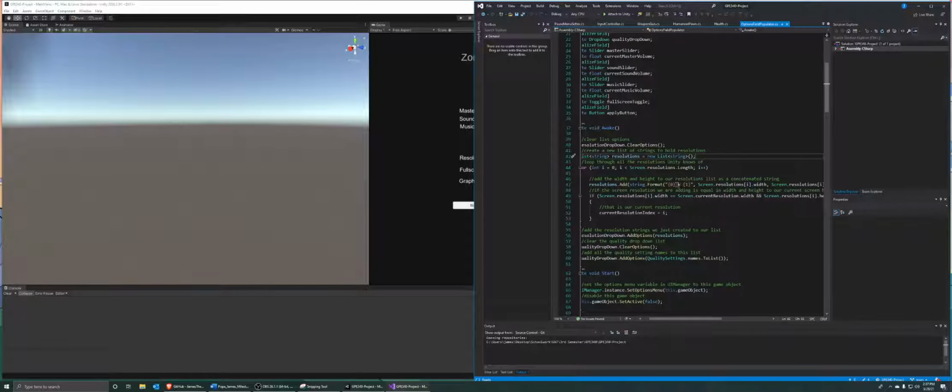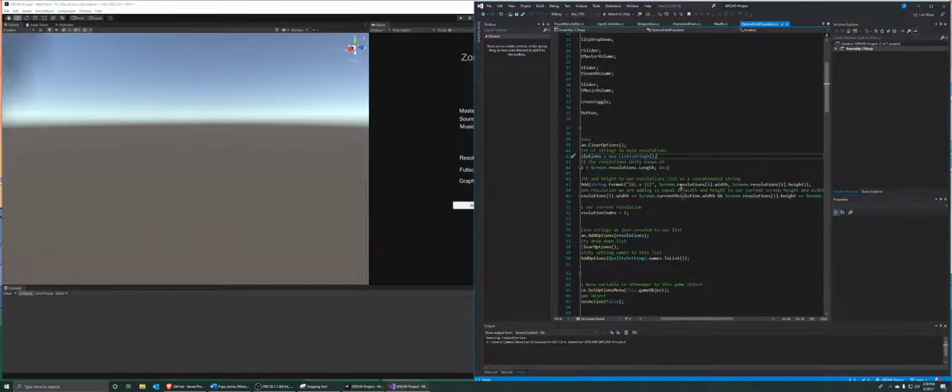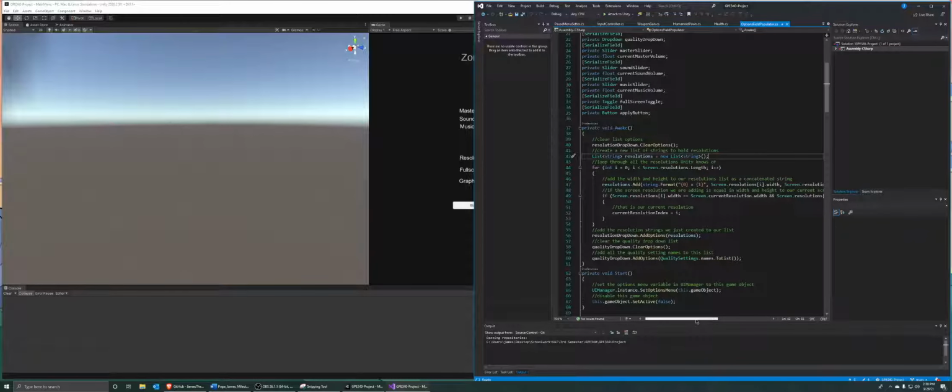So we use string.format. There you go. There's the format of the string. And then we tell it what to put into these. So we say we want the screen resolution's width and the screen resolution's height. And it concatenates those and makes a nice little text that you're used to seeing when you're looking at resolutions. Then I have this if statement here, and that says if